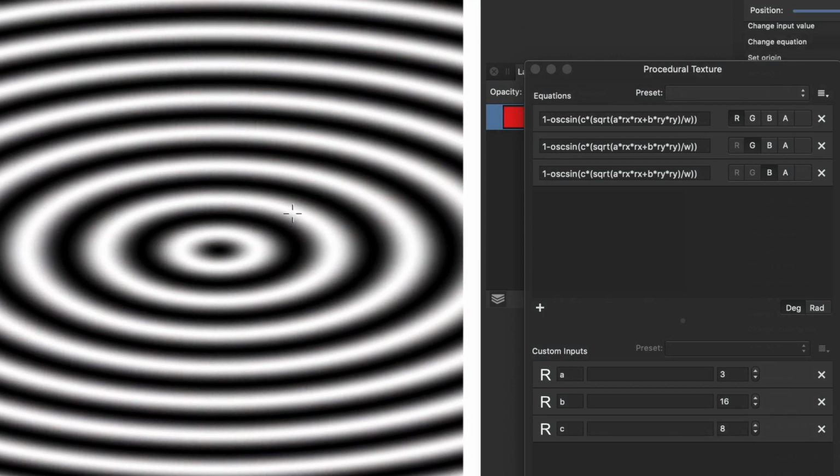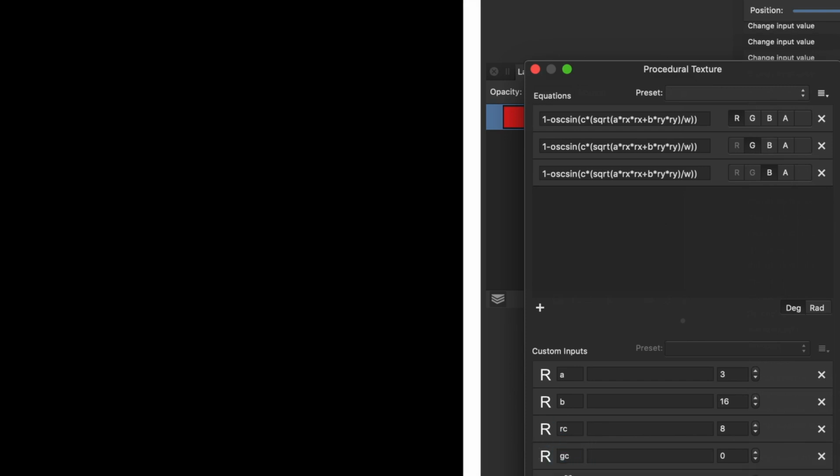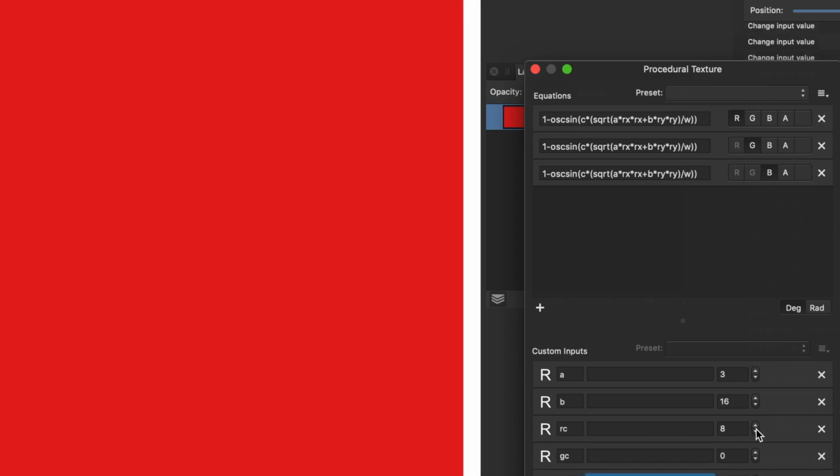So you can see, but now what I can do, I can change the A to RA, and so on and so on. So I'm going to add some additional inputs, or I can maybe change the C. Yep, I can do that. Put RC, and again, I just go down the bottom and click more R's, so I can just add some more. Can't see it, it's just slightly off screen, but you click the R again to add those custom ones. And you can set the value for that. And then you can go up to there and change to put that to RC,